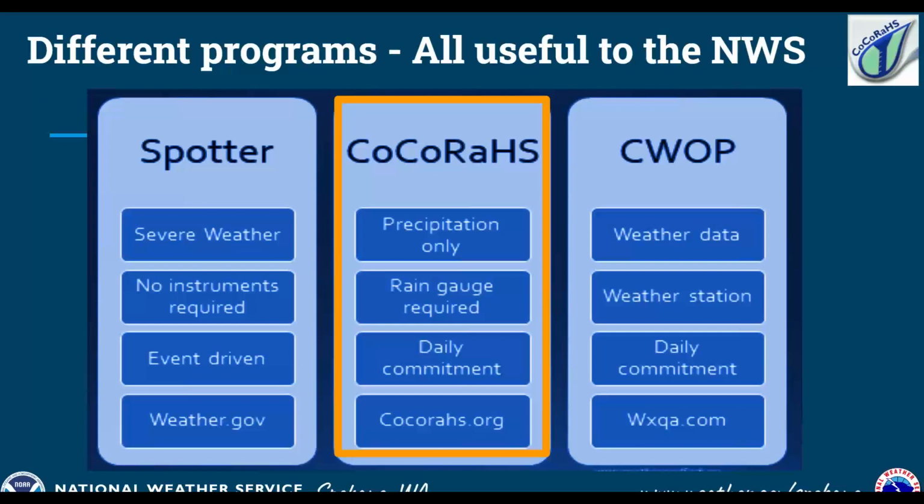So that's an easy one to step into. And the CWOP program, that's for those that have a weather station on their property and you have it hooked up to a computer that you're getting the data all flowing. Well, we encourage you to share that data online so the weather forecasters can use that as well.